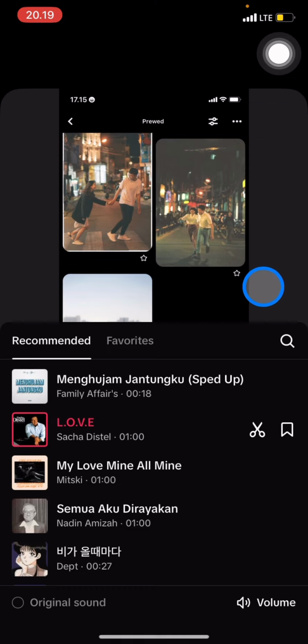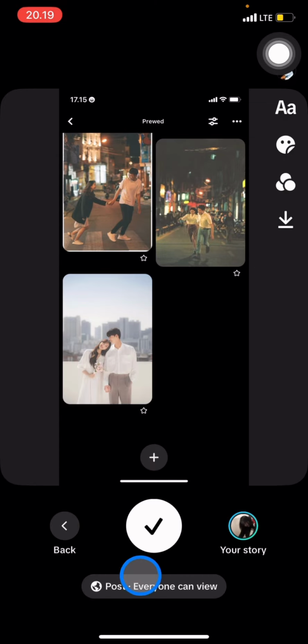And now the photos already have the music on them, so after you are satisfied with everything, just click this to upload to your account. So that's all